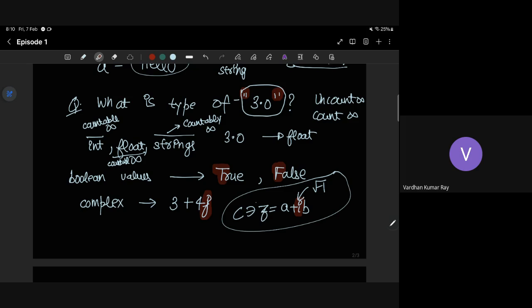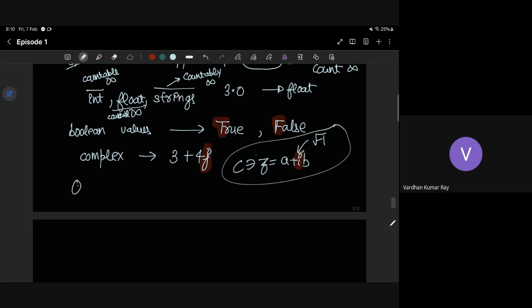Somebody wrote that or and XOR are also Boolean values. Depends. You can think of or as taking Boolean values, but XOR you can work on integers as well, real numbers as well. So for or, mostly we talk about Boolean values, but for XOR we can work with integers as well.